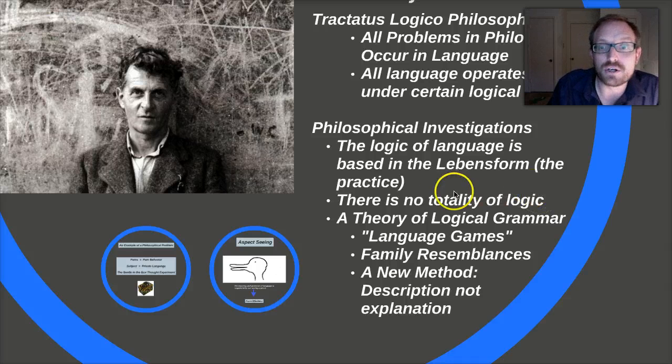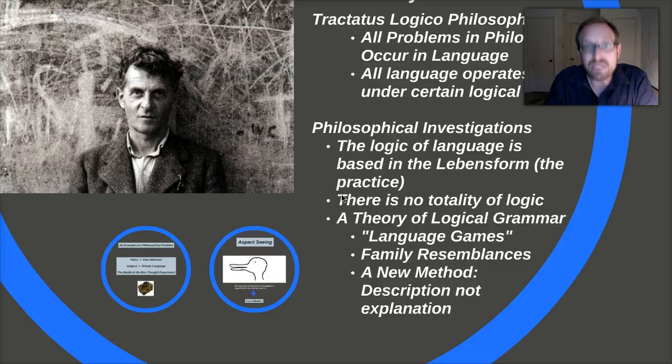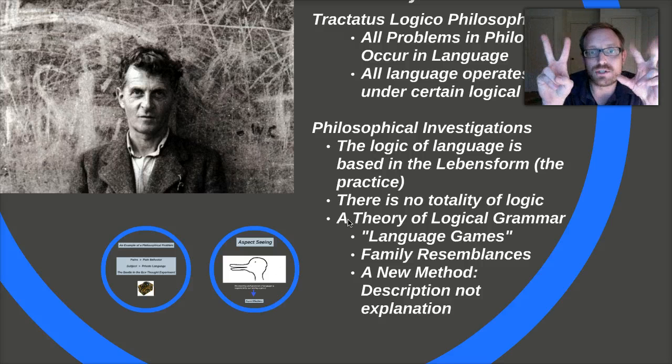The reason there's no complete logic is because our practices are what's creating the meaningfulness of our language, not the other way around. Our language isn't making our practices meaningful, right? So what you have here is, in Wittgenstein, what we might call a theory of logical grammar that develops, one which is pluralistic in nature. The idea being that there's multiple laws of logic that are governed in certain areas of our discourses. He calls this language games.